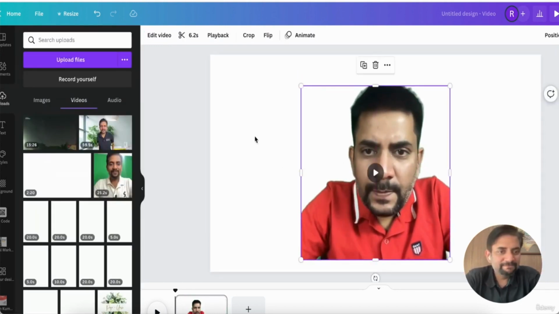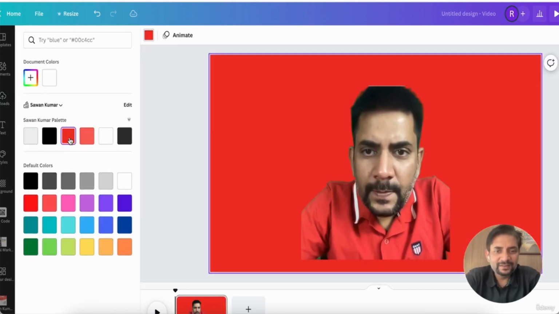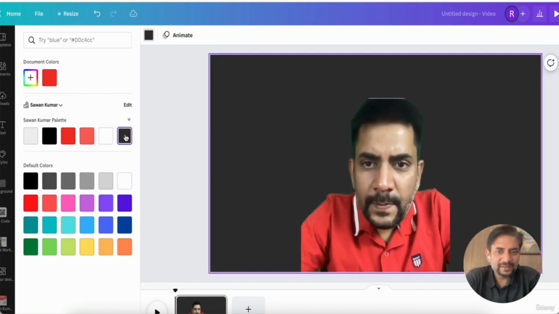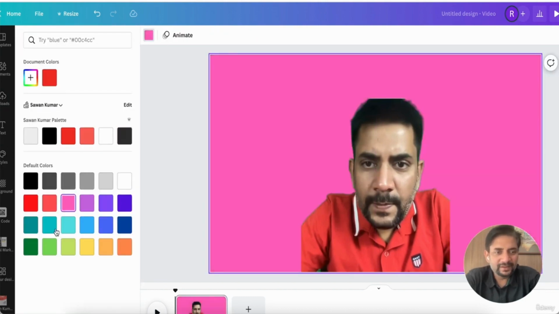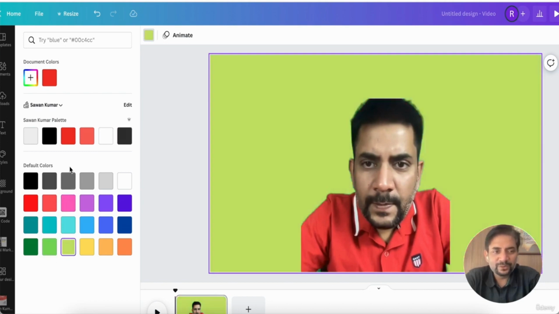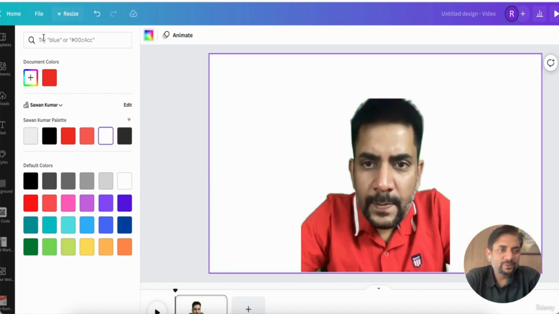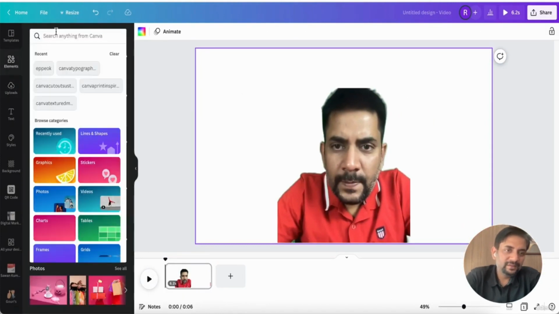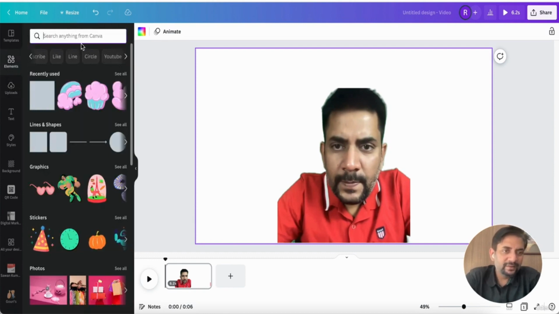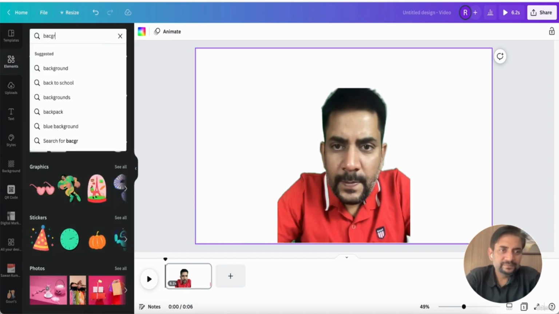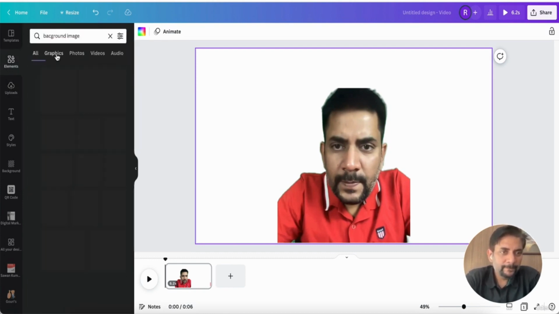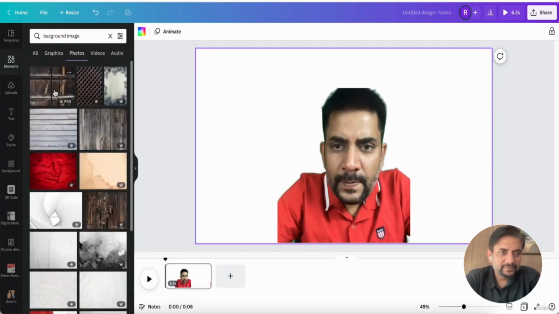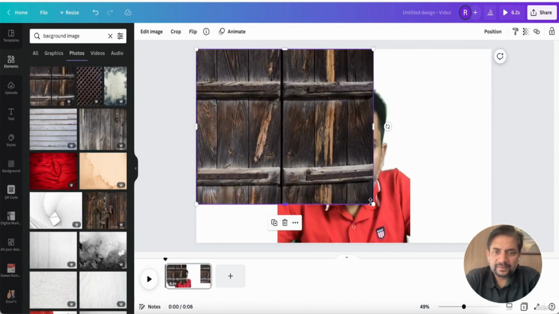Let's see if this works. Now we can change the background to a color, a black color, a green color, whatever color you want to use. Or let's say you do not want to use any color, but you want to use an element, graphic, or background image. See if you want to use any of these photos. Okay, yeah, select this,